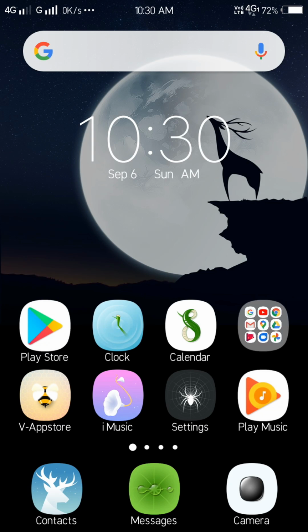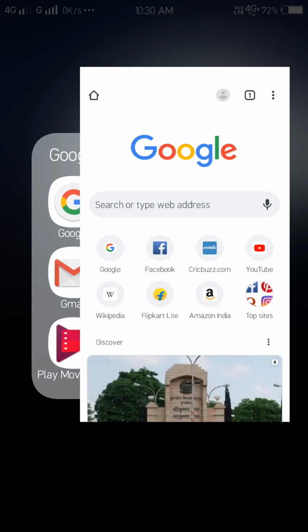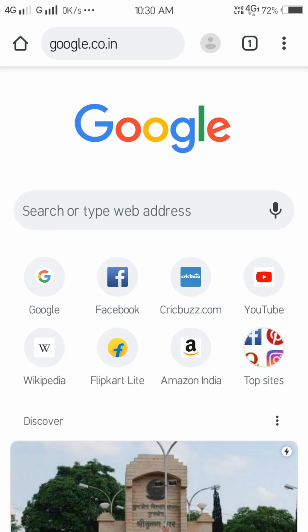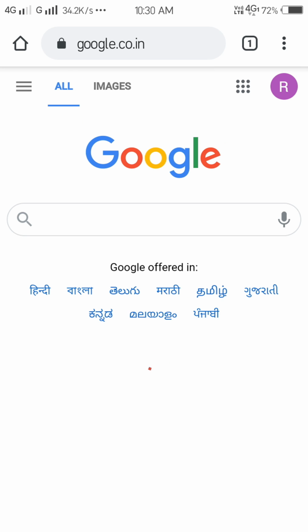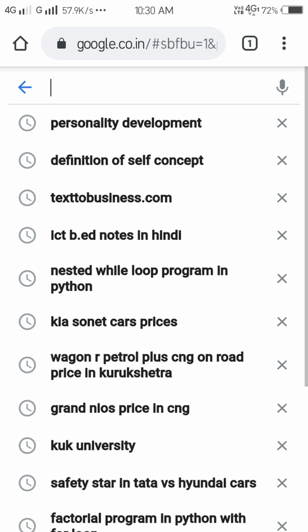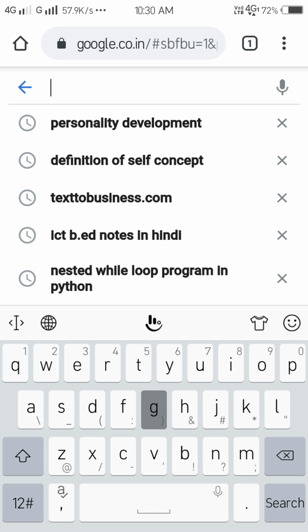First of all, click on the Chrome browser and open it. Now type here Gurukul Kurukshetra.